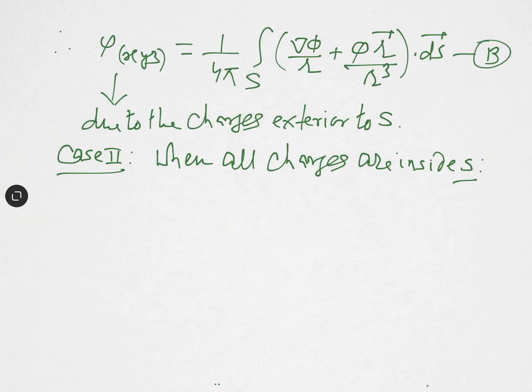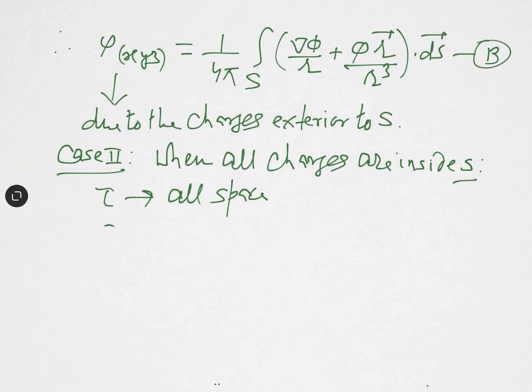It means we consider all the space, so that no charge will be outside of the space, because our condition is there should be no charge outside of the surface S. This will be possible only when we assume that the surface S is infinitely large, and in this condition our volume tau will in fact be extended to all space. It will be expanded to all space, and in this condition you can see that